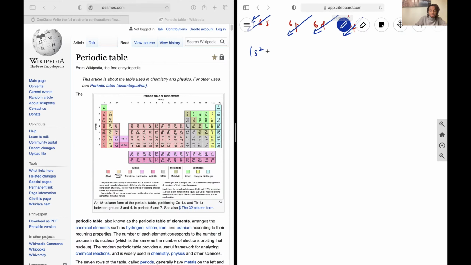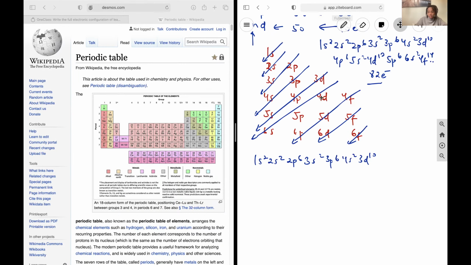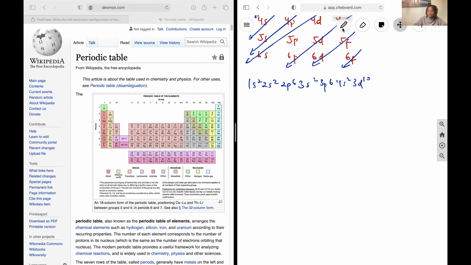1s2 because of the hydrogen and helium, 2s2, 2p6, 3s2, 3p6, 4s2, 3d10 because we drop the n by 1 once you enter the d block. And we can see that reflected here in Madelung's rule, that we go from 4s to 3d, which means we're definitely on the right track. So 3d10, 4p6, 5s2, 4d10, 5p6,